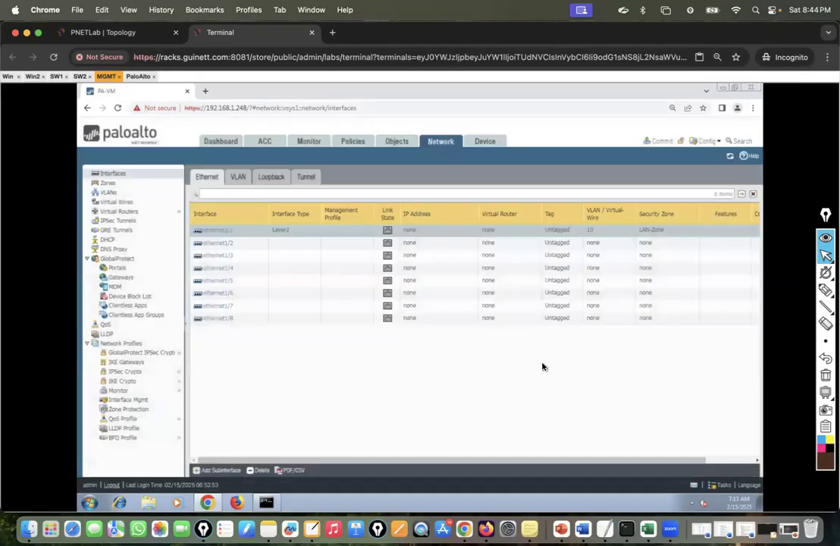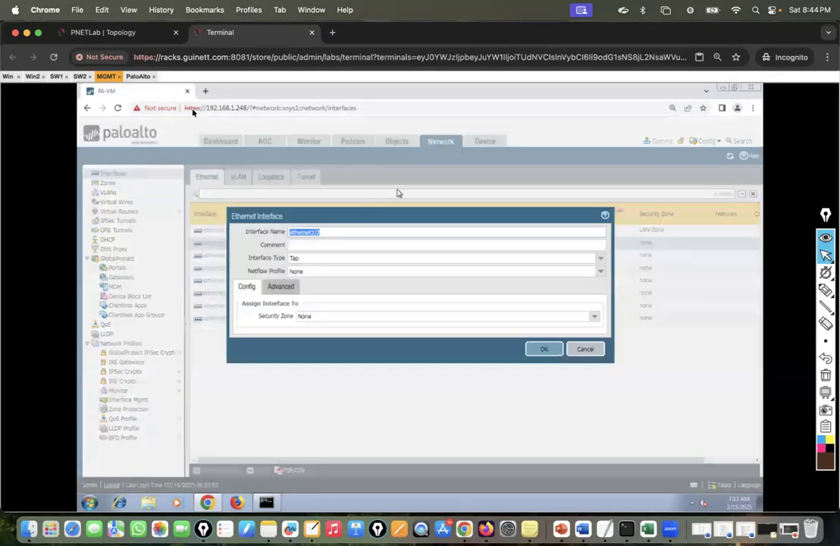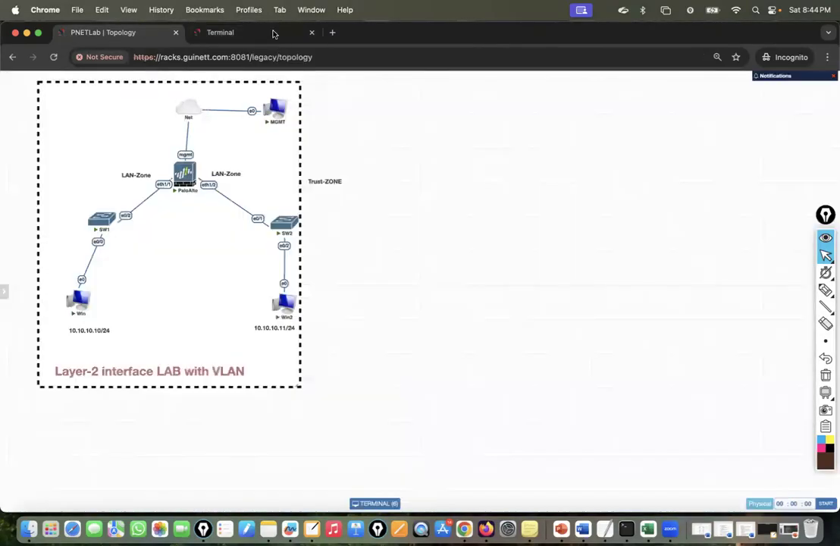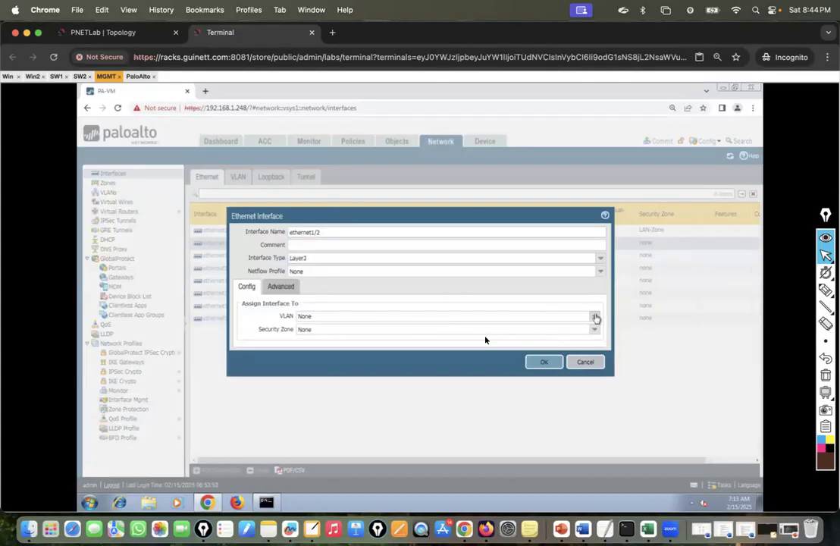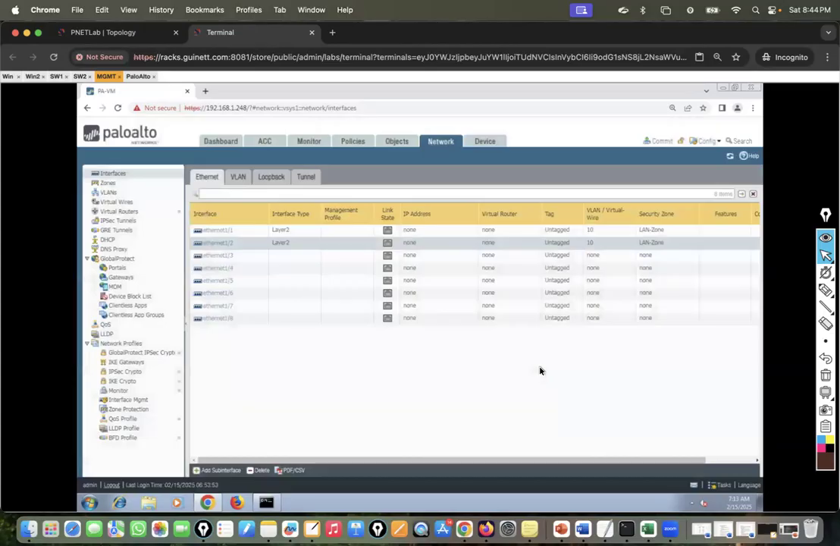So this configuration is done. Now you have to do the same thing on the other interface, that is 1/2. So this is my other interface, 1/2. I'll go here and make it layer 2. And I'll go here, this is my VLAN name. And the zone is already created, I can just use that because I already assigned it for the one interface. It's showing in my drop down. I click OK. Now my configuration is done for these two interfaces, but still they are not going to